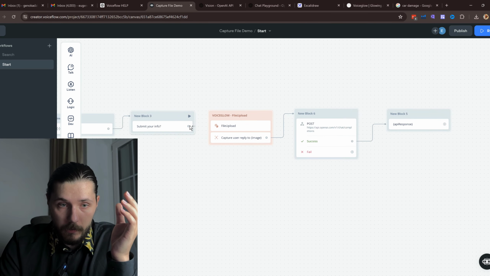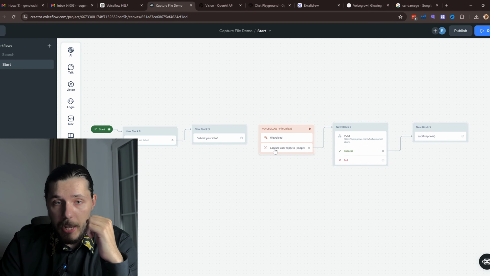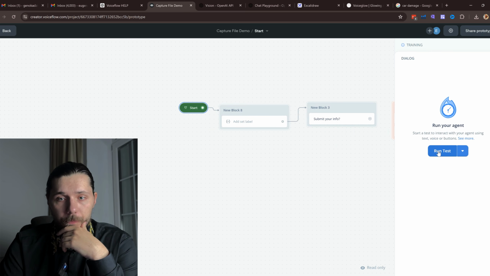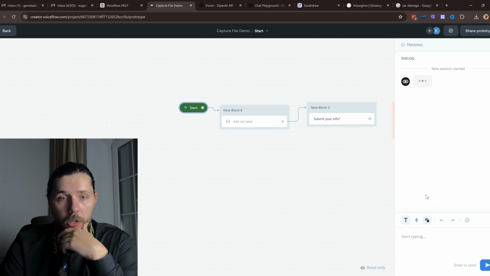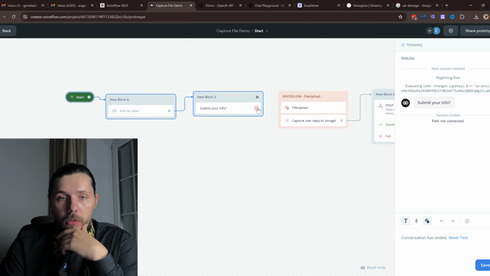Okay, so yeah, guys, this is basically it. It's very simple. So now the fun part, how to actually test it out. Because if you run it through here, you won't be able to